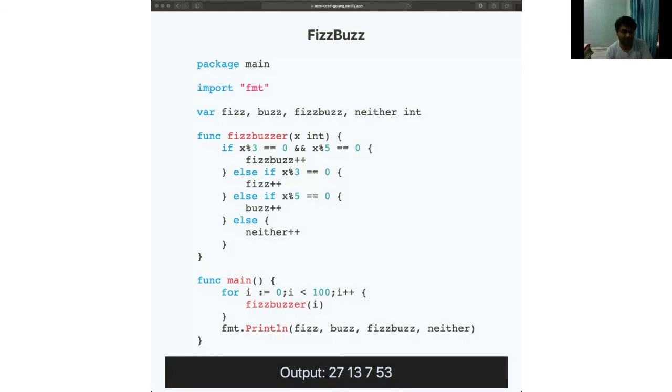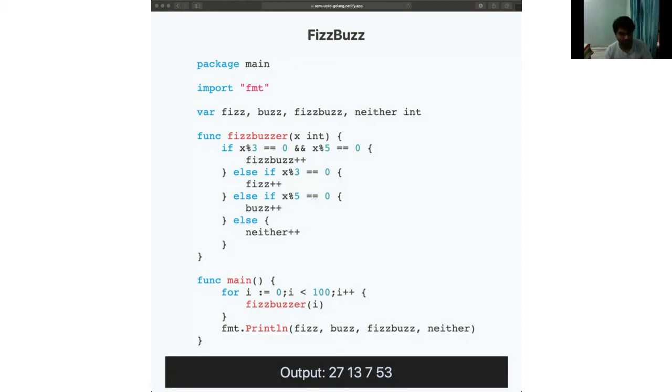So our fizzbuzz was a little bit different, just so it's easier to put it in chat. It's basically the same thing, but it was just easier to compute the actual values of the number of numbers and put it in chat. But yeah, the value should be 27, 13, 7, 53. If you guys are still working on it, just take your time. And I'll actually put these in chat just so you guys can look it up.